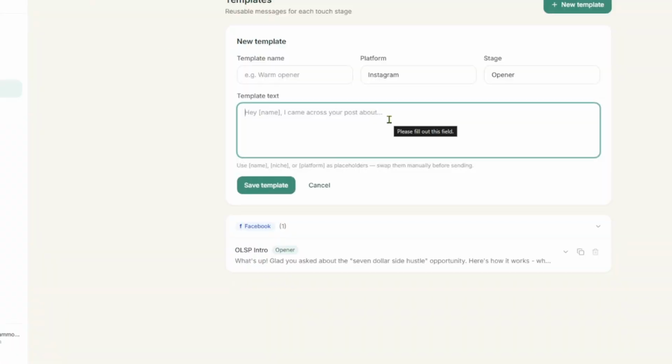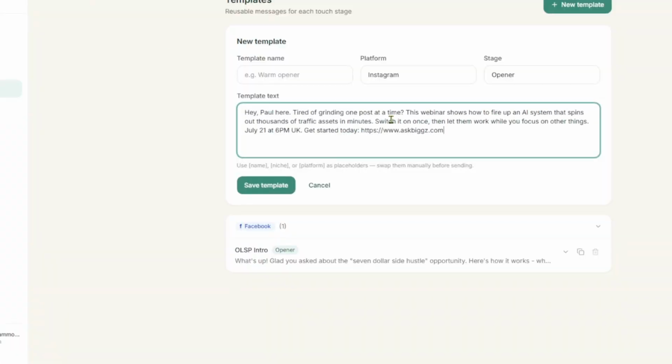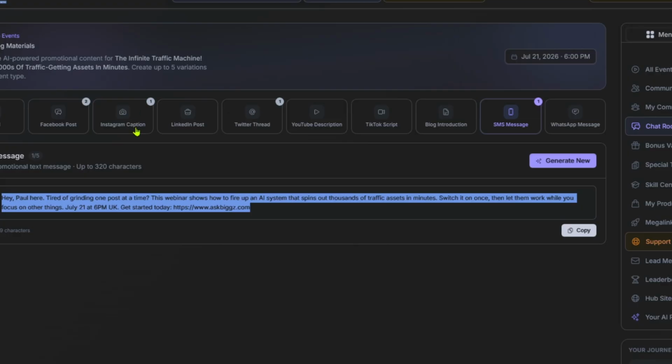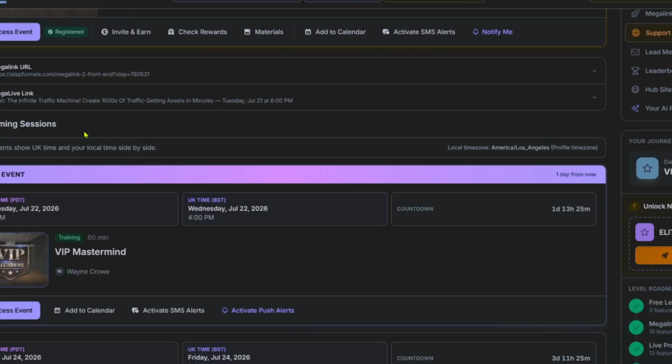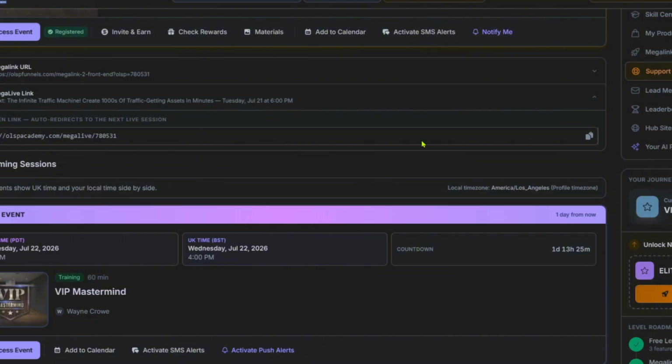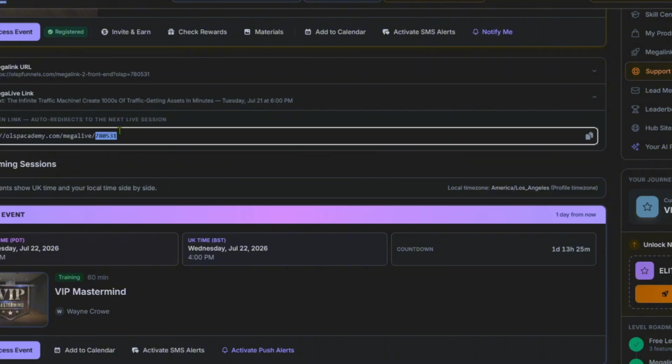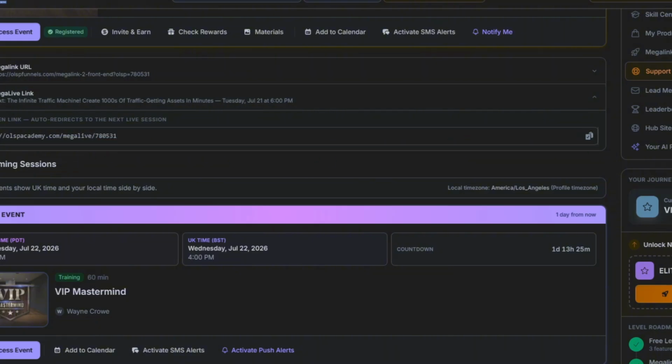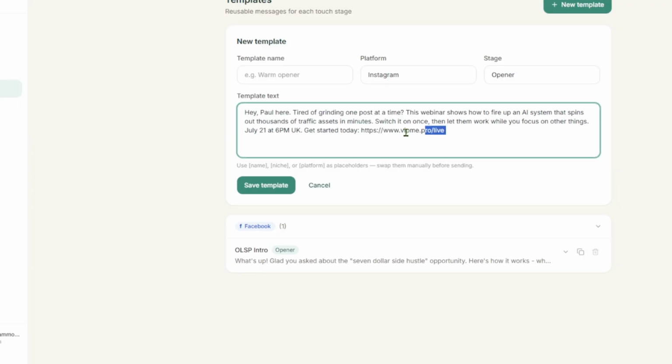Let's go back over to CueKeeper. And we can make a template. Now my live template is vipme.pro/live because I'm able to create my own landings. But if you want to get your live template, you can go to OLSP and you have your mega live link. This always directs to the next live. So we could copy that, go into the CueKeeper,